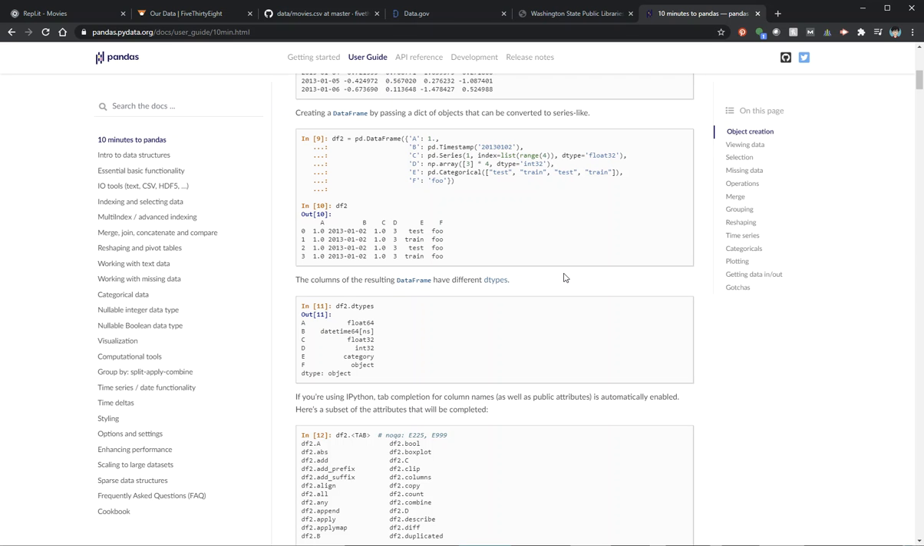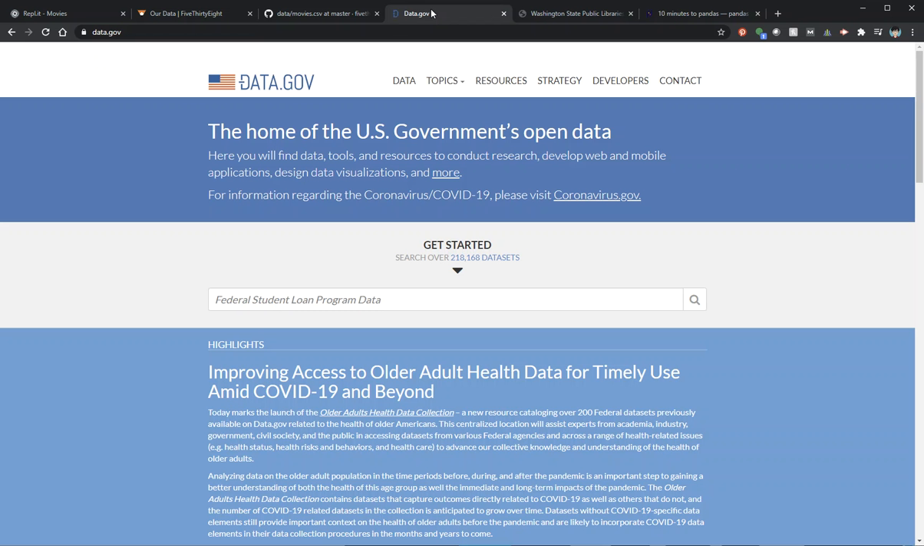The first thing to note is, where do I get data? There are so many amazing places that you can find data. I'm going to show you a couple today. One of them is put out by the US government, data.gov, and there are, as of today, 218,000 data sets here. You can search for a particular